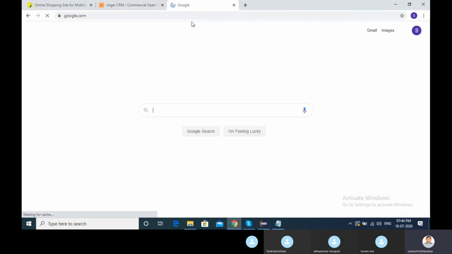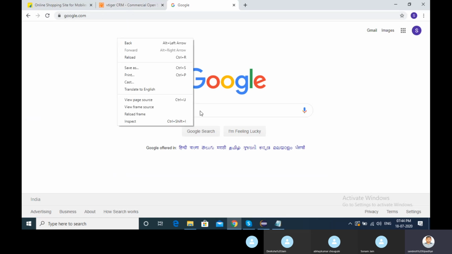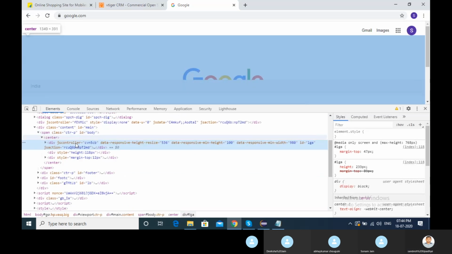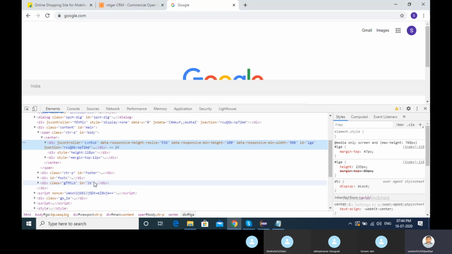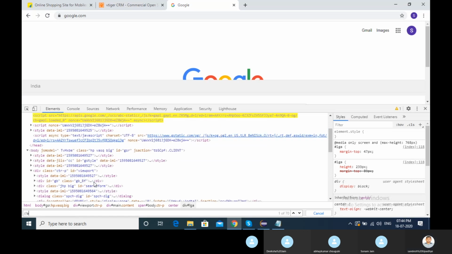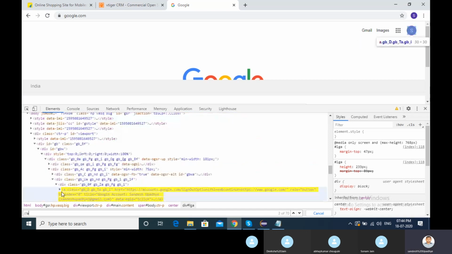Let's say I open Google. The tag name locator is used to find an element matching the specific tag itself. What I told previously: if I open Google and inspect these things, div is a tag, right? So if I find the anchor tag, look here.